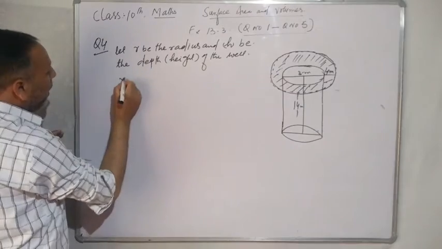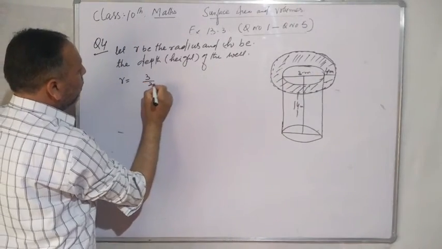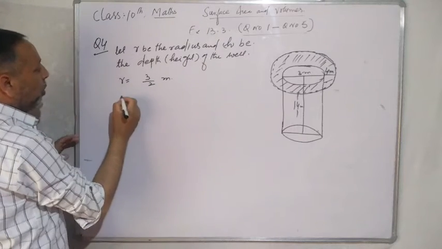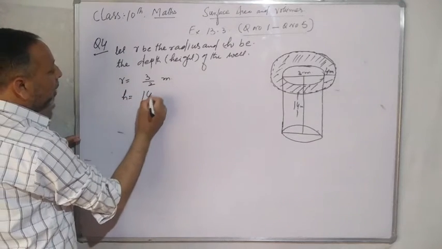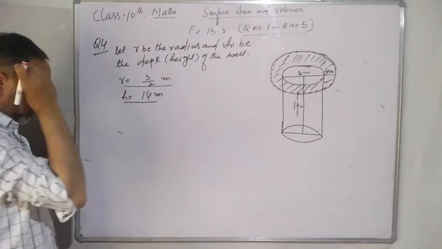तो यहाँ रेडियस ऑफ द वेल है, डायमीटर है 3, तो रेडियस होगी 3/2 मीटर, और हाइट इसकी दी गई है 14 मीटर। ये रेडियस और ये हाइट है।